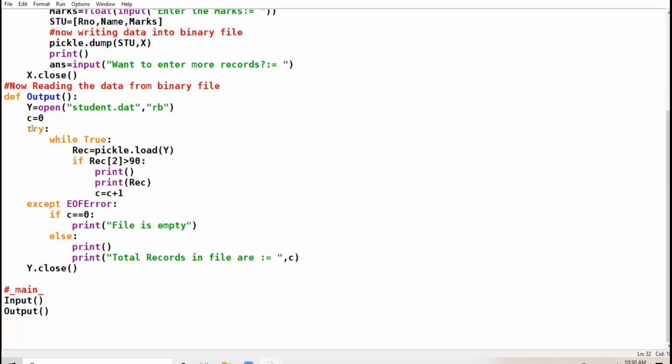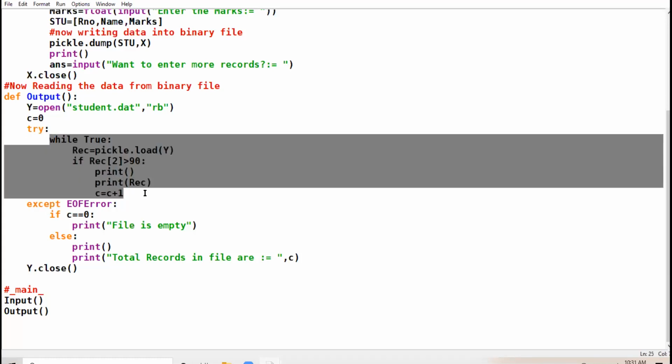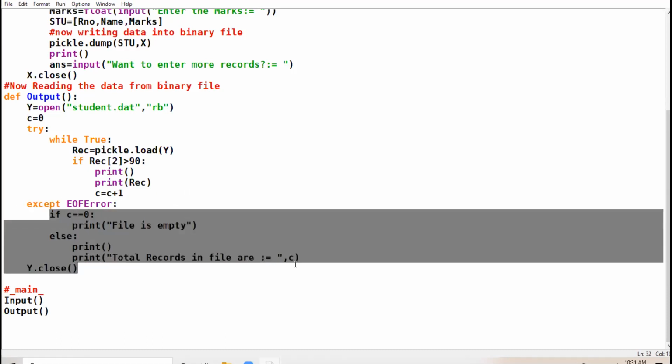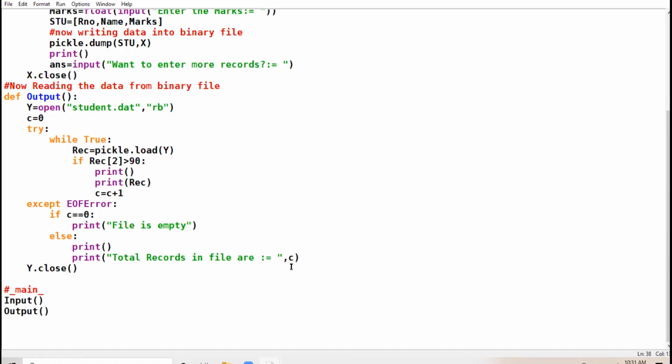In the try block, we write the code with respect to reading the record, and if any exception is created, it will be raised here. This code will raise an exception. That exception, that runtime error, will be handled by this except block.